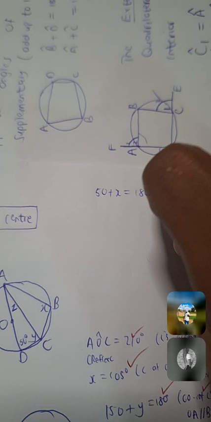Okay. Cyclic quad, I get it. You said x plus 50. You said x plus 50, eh? Yeah, it's 180 degrees because of opposite angles of a cyclic quad. Yes. And then, like